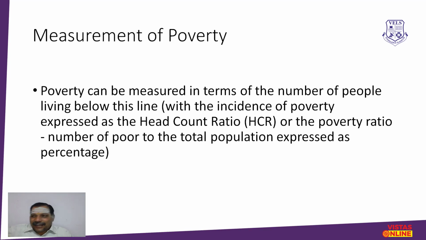Before getting to the actual technical concept of the poverty line, there are 2 things we should have a basic idea about. One is HCR, the other one is the poverty ratio. HCR means headcount ratio. It is the number of people below the poverty line, an incidence of poverty. How is it measured? How many people are living below the poverty line? That is the headcount ratio. One more thing is the poverty gap, which is expressed as a poverty ratio. That is the number of people out of the total population expressed in percent. It can be compared with the continental level, world level or with a neighboring country.